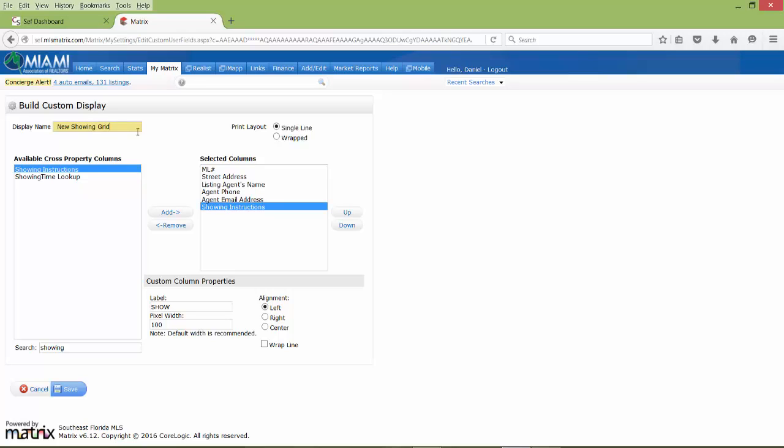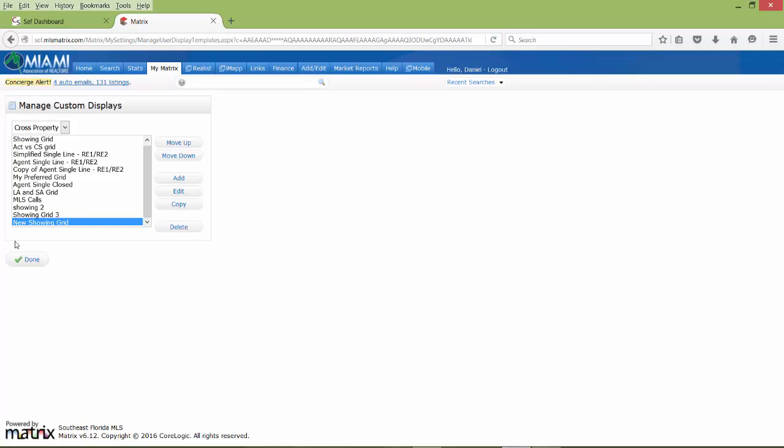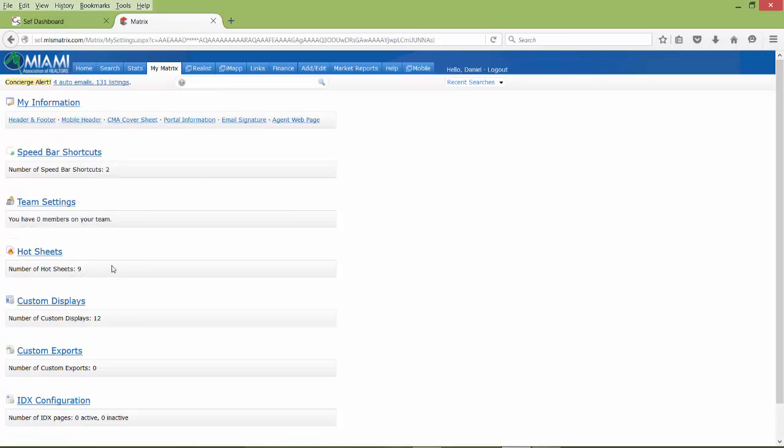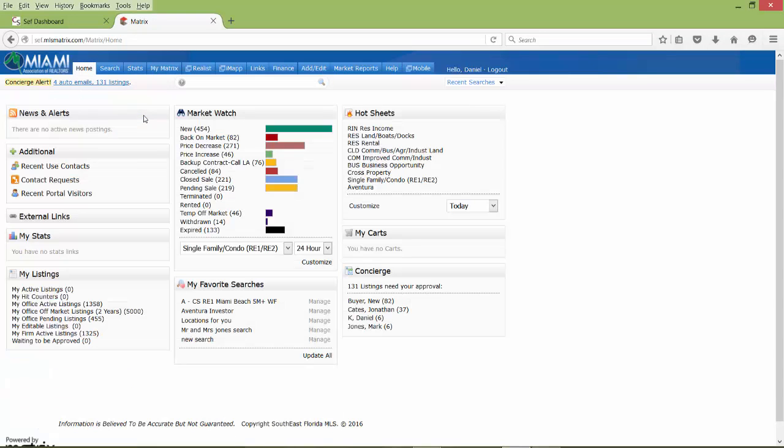And I call it that way because I already have one called new showing grid. I click save and done. All right, so now we have created that particular grid. I'm going back to the home screen. I'm going to the same